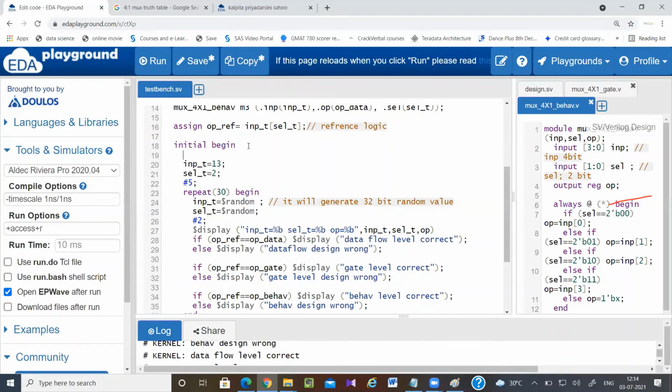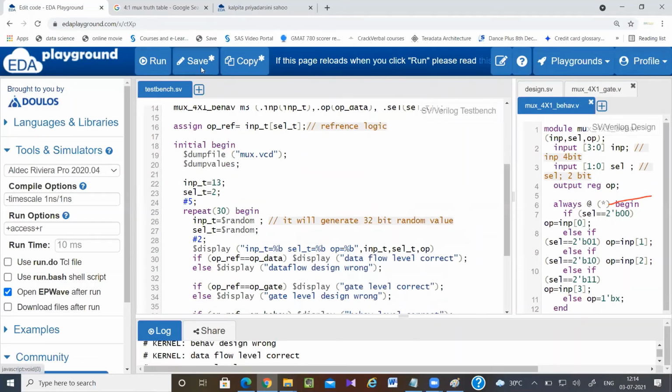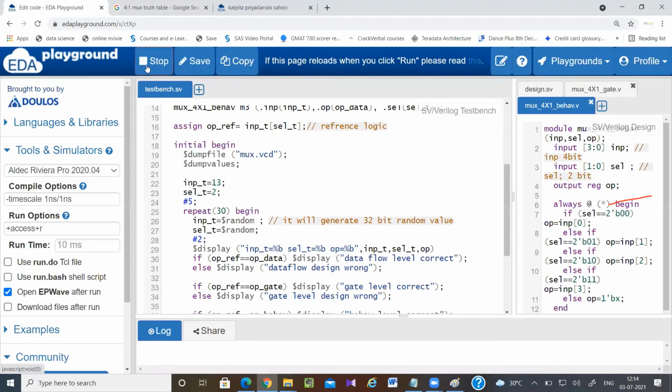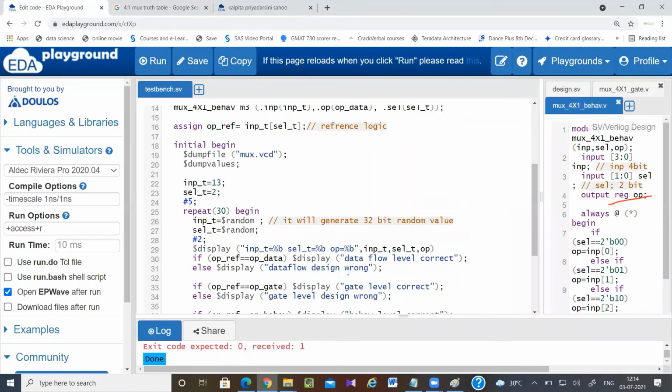$dumpfile mux.vcd, then $dumpvars. Here I missed the semicolon.